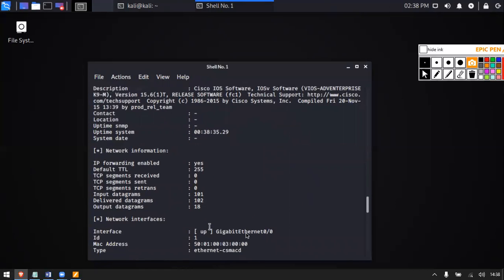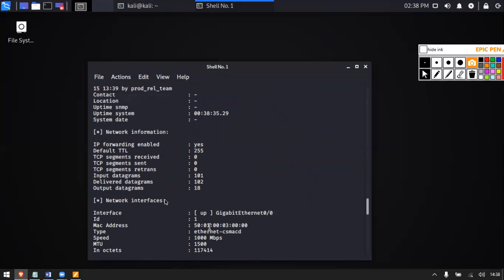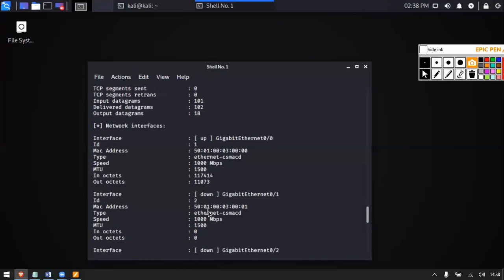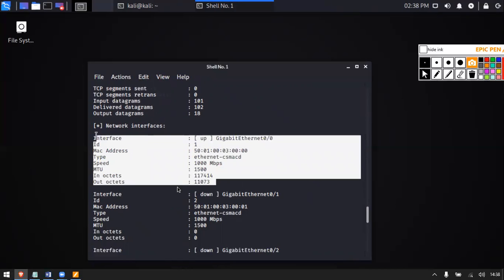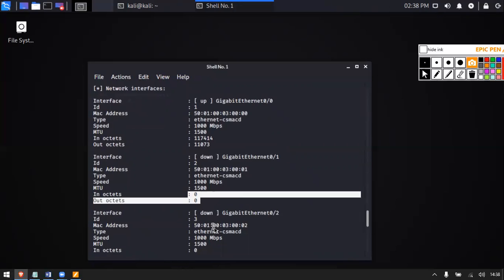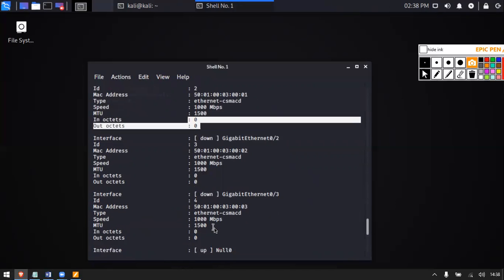As you can see, we can also know the network interface is alive. The in octets and out octets mean the packets are flowing through that interface. From that, you can guess that this is the port which the router is using to flow the traffic. In these other ports, as you can see, there is 00, which means there is no packet flowing. So I get all the information of these ports from one single Metasploit command, right?